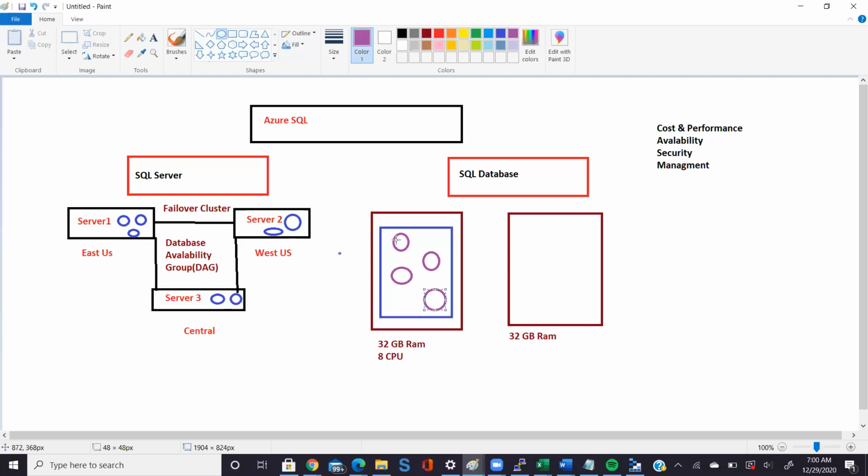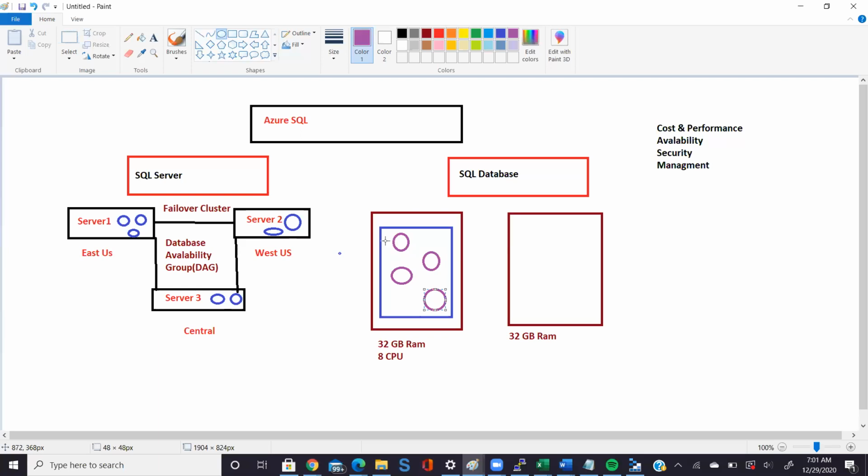So remember, all the databases do not run 24/7. Maybe the HR database has more usage in the morning and evening when the employees log in and check something in the employee portal. The finance team's database is used when they come and start searching which customer, what they have, right? So likewise, if your databases do not require 24/7 attention, you can share the hardware using the elastic pool,